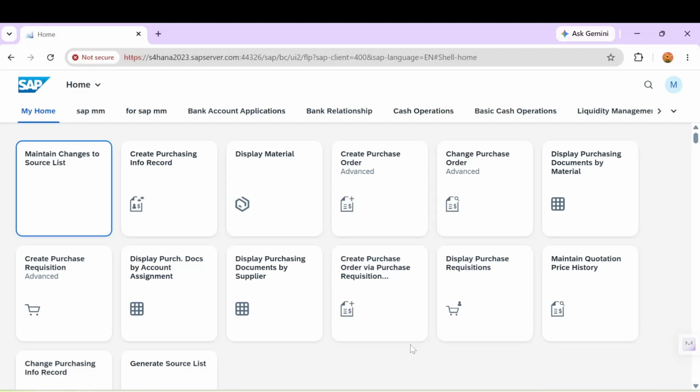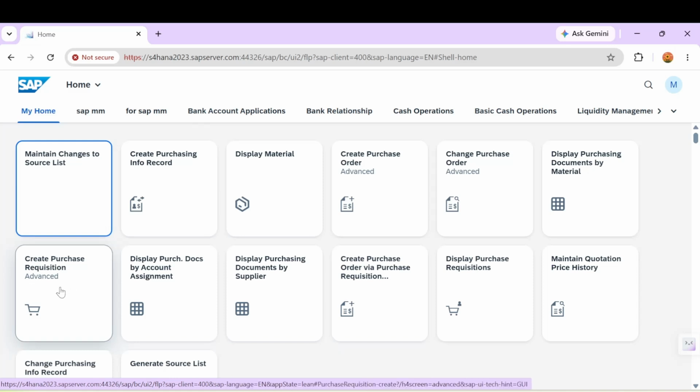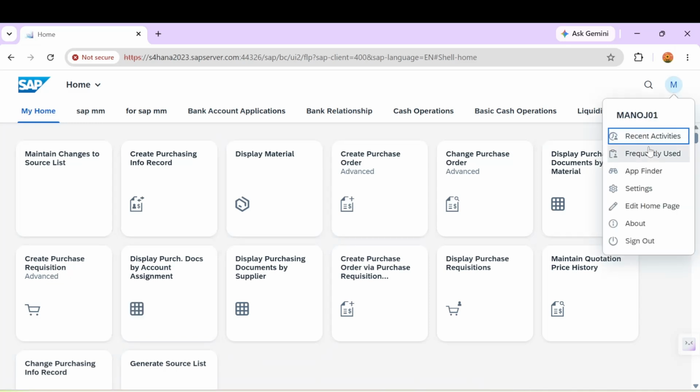Let me open Fiori here, and here you can see the Create Purchase Requisition tile. This is the application that we can use to create a purchase requisition. If you're not able to see it from here, then if the role is assigned in your case, you can find it in App Finder and pin it on the home screen itself, right?